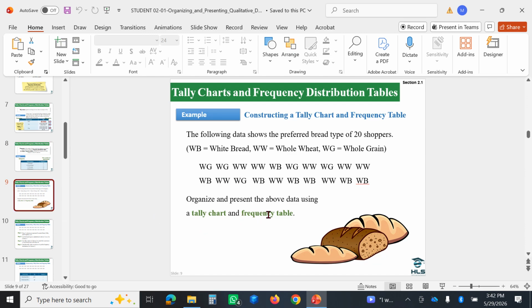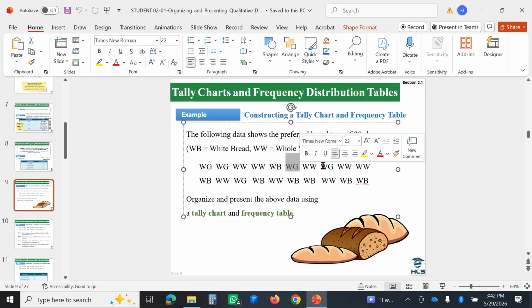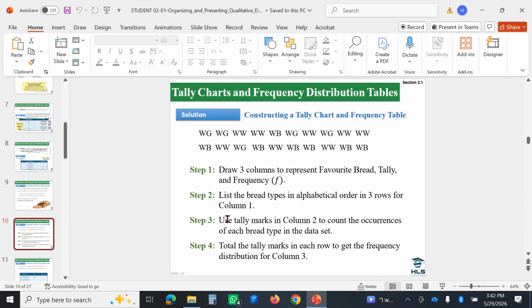Constructing a tally chart and frequency table. The following data shows the preferred bread type of 20 shoppers. WB, white bread, WW, whole wheat, WG, whole grain. So you just go, there's a whole grain, 2 whole grains, 3, 4, 5. So 5 whole grains, right? And then you just go in and do it for whole wheat and white bread. Okay, so